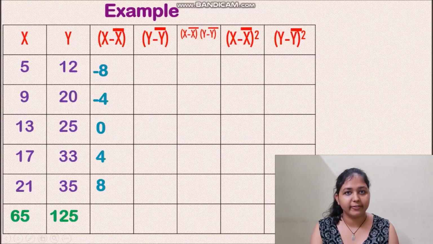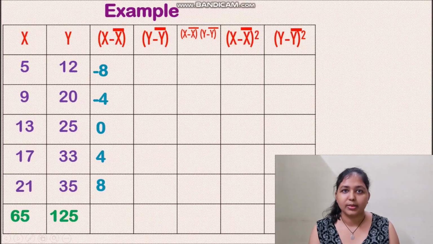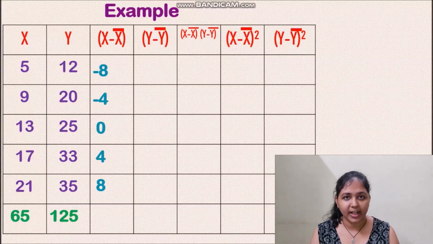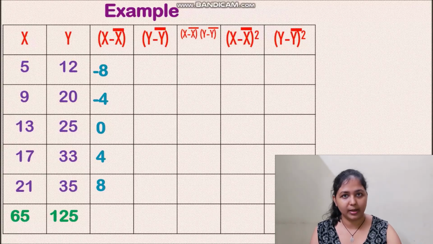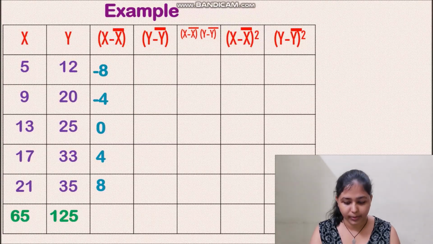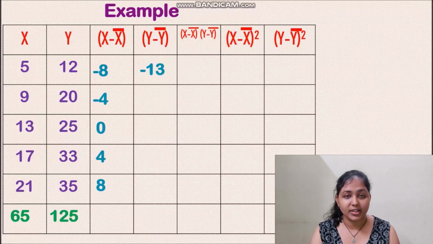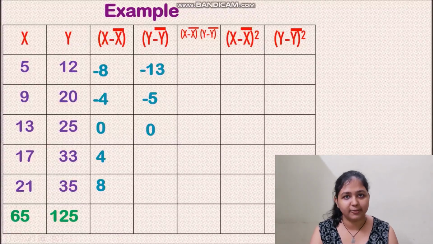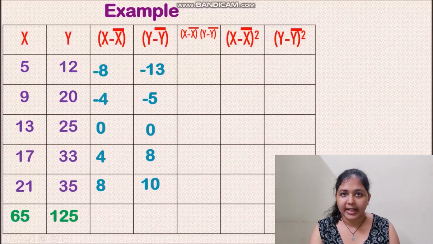And same way we have y minus y bar. So we will be subtracting the mean of y, that is 25, from the values, the data points that are given here for variable y. So it's 12 minus 25, which gives us -13, then 20 minus 25, which is again minus 5, and similarly